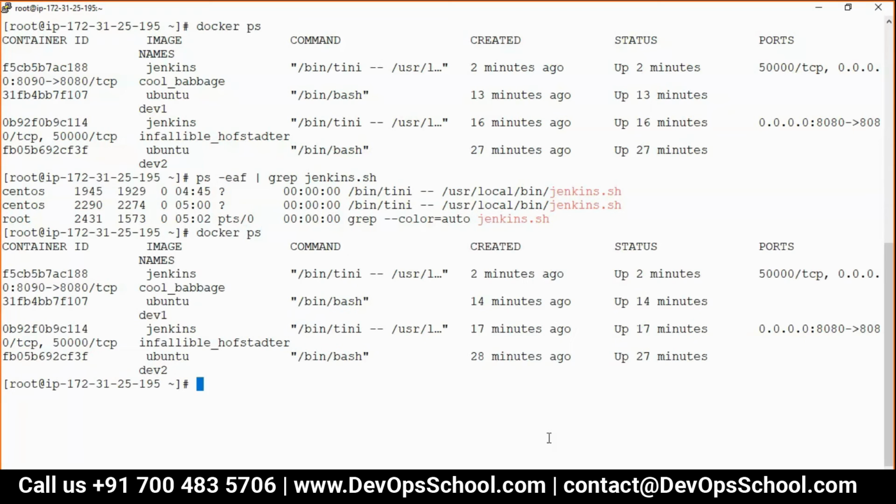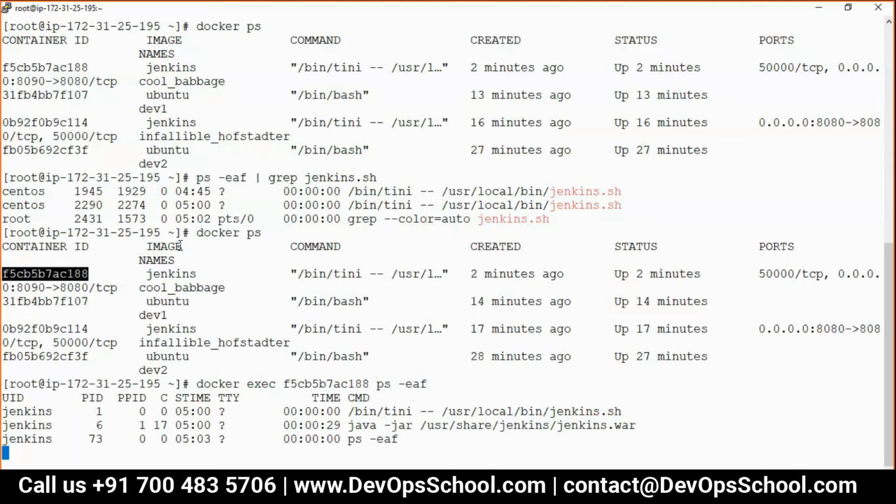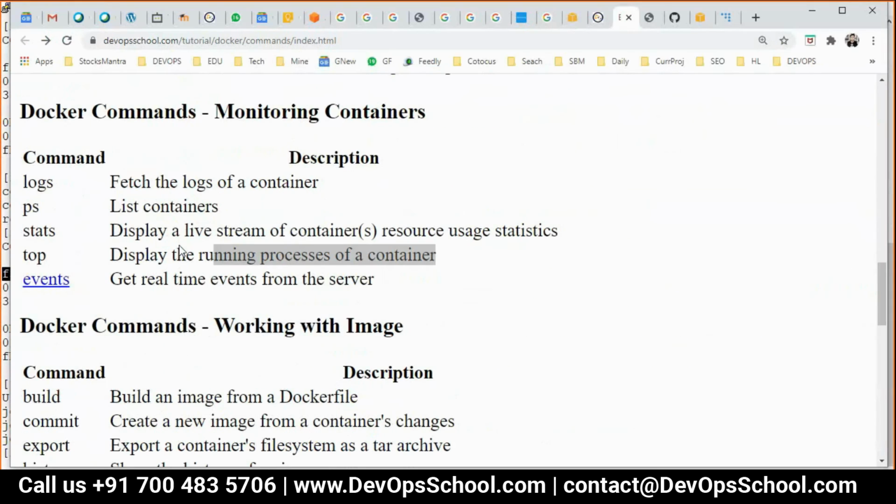You know that. docker exec container ps -ef. See here, Jenkins.sh. So these are running inside a container with a different PID number. So how do you know in a short way? I don't want to spend too many commands. So the top command. So guys, did you understand the top command now?